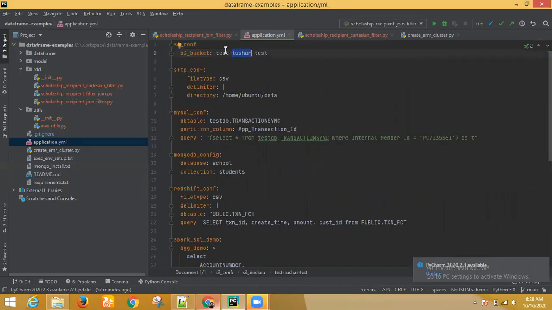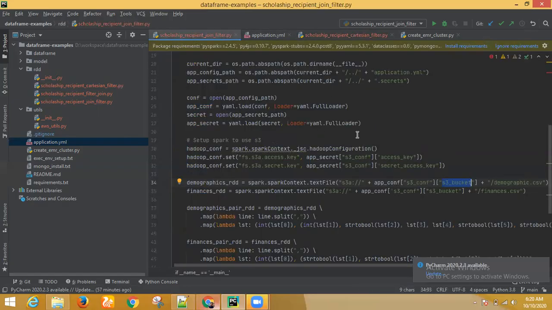Whatever your configuration name, you have to read that, and then you have to process that. So that is there. And then similarly we have another data set called finance RDD that is also doing a similar thing. Spark context textFile, you are reading this particular path. So you have now created two RDDs out of it.